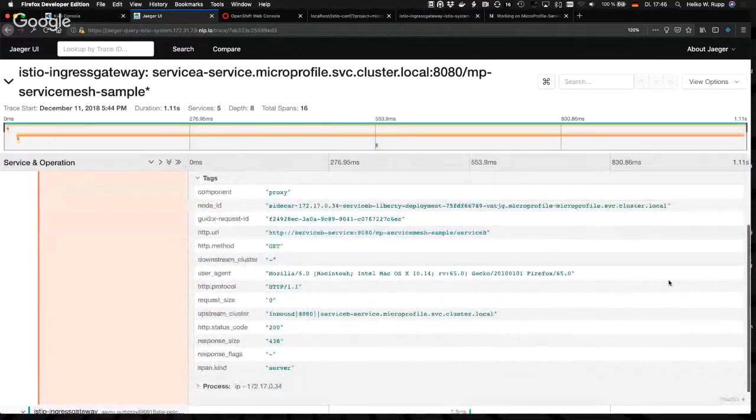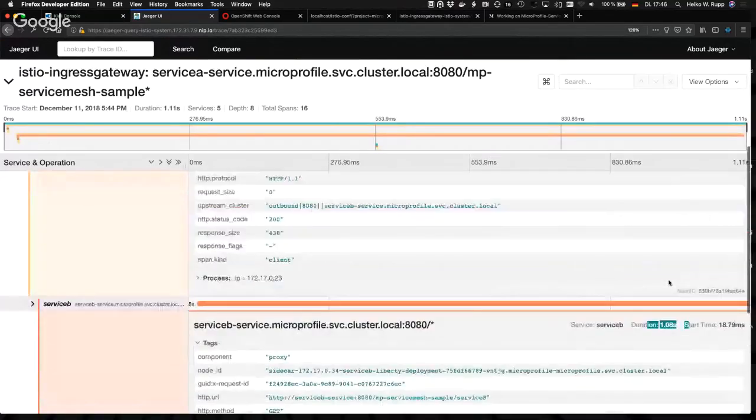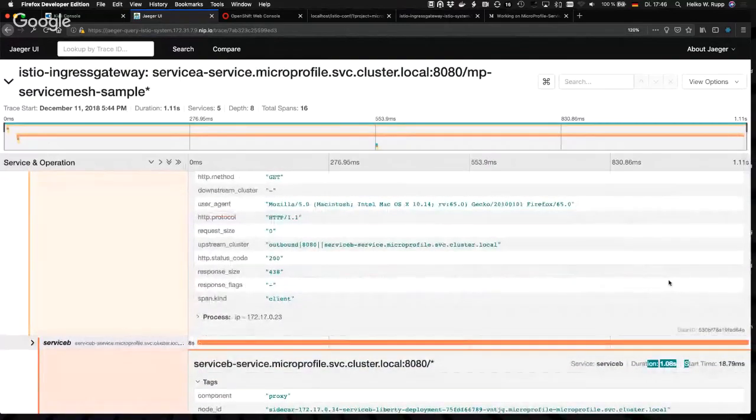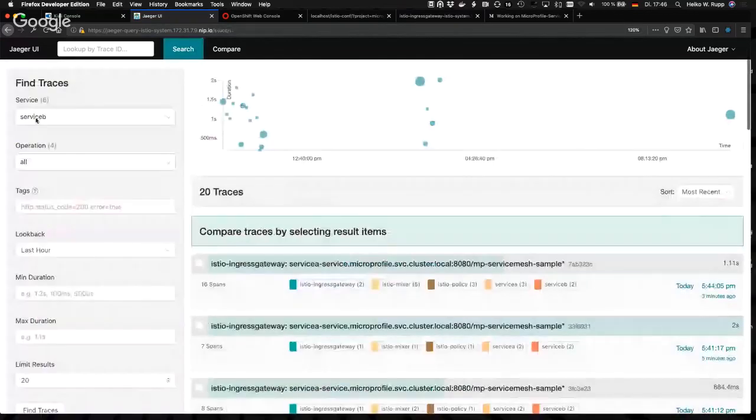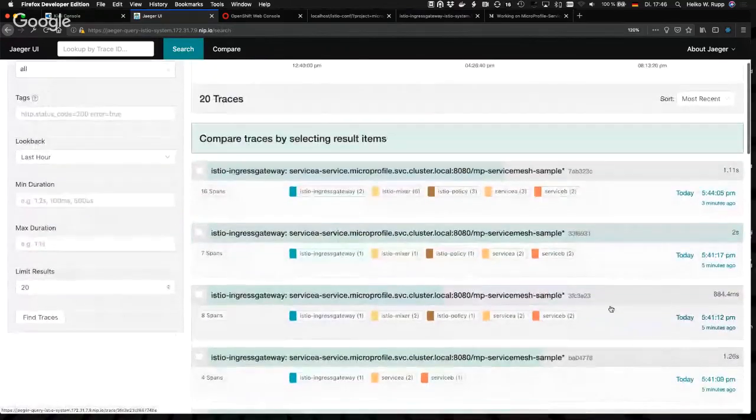And the reason for that is that within service B, we have some sleep logic that's doing random sleeps, so that we can try out something like retry logic within either fault tolerance for MicroProfile or also on the Istio side. So distributed tracing is a very helpful thing. And a very cool thing is, of course, you do have to, this one even took 2 seconds.